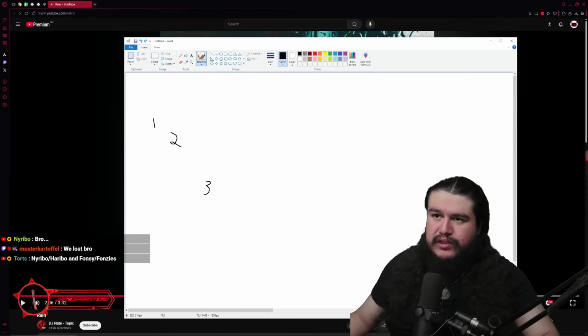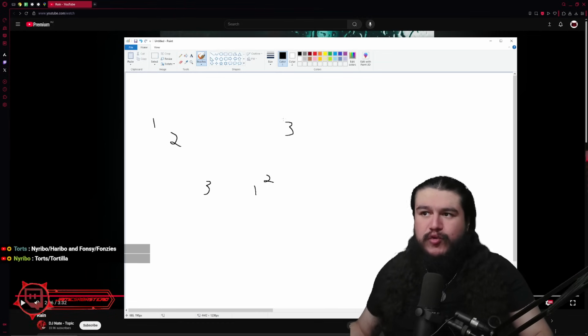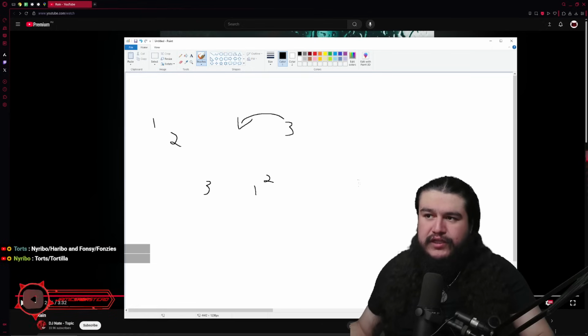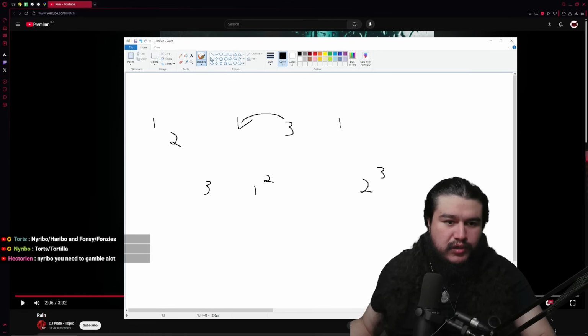So the inversion of this would be 1, 2, and 3. And then all we did is we changed the order. We moved 3 to the start of the thing. So now we are having 1, 2, and 3. So we went from this shape over here